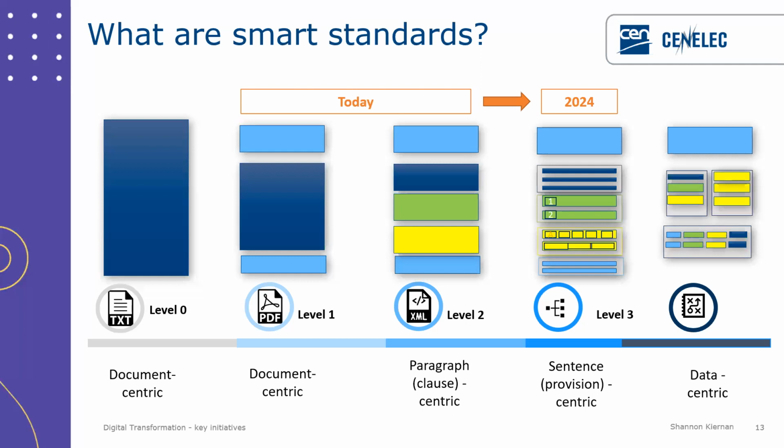And the final level, level 4, is data-centric, and it is really to the ultimate level of detail where you can actually match up pieces of data from one clause with another clause, because there's a whole lot of cross-referencing and ID numbers and data structures behind that enable it. So we probably do want to get to level 4 at some point, but it's not in scope of our 2024 time horizon here. Who knows, it could be by 2030 though, we'll see.